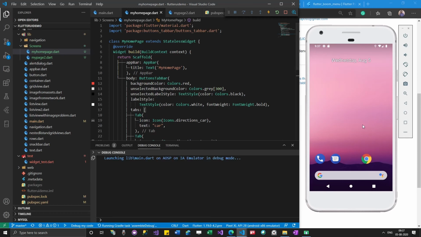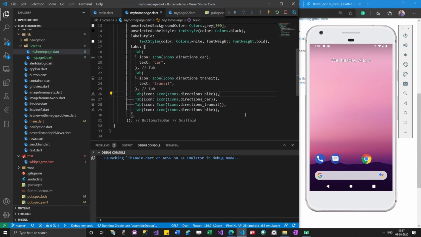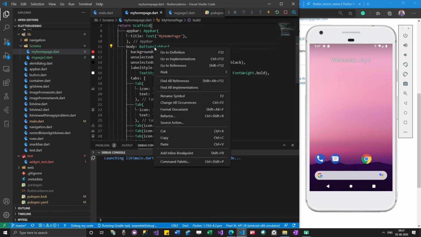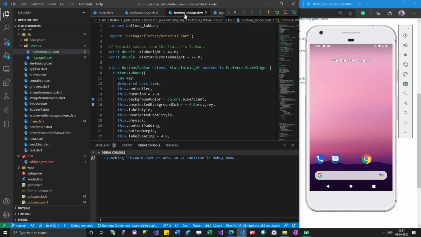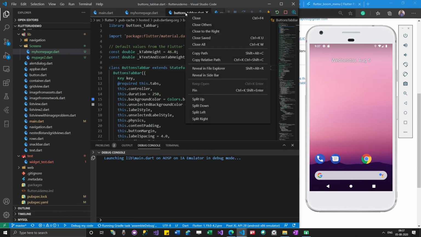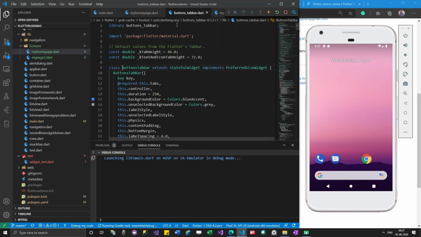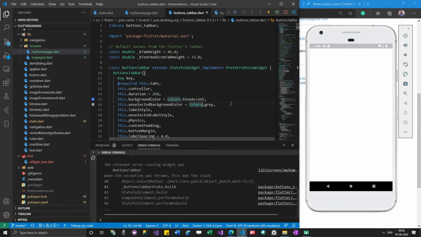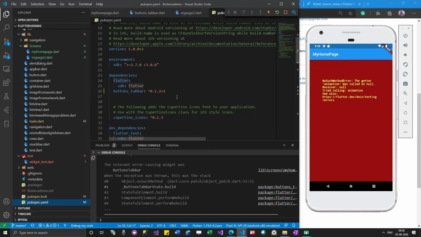So I am running this program to load and see if this button bar will actually appear. So this button bar is nothing but a class. Okay, so I can right click here, go to definition, and you can see that buttons_tab_bar has opened. Okay, so if you try to see where is the code, you can see that C, src, flutter, pub, cache, hosted, some path is showing. So what's happening is your Flutter SDK is actually copying this program to that location, and then you can actually use it. Okay, so in order to use it, it is important to add that to the pubspec.yaml file.